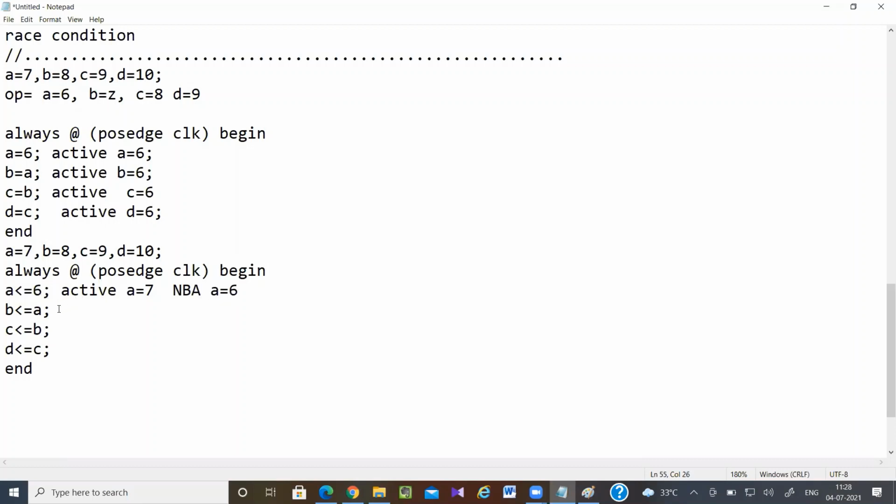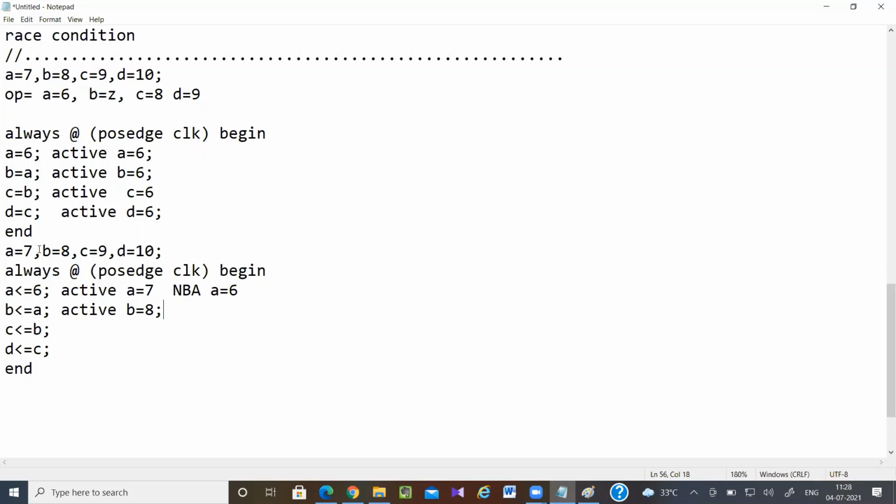So now here B value equal to A. So in the active region, what will be B value? 8, ma'am. B value will be equal to 8. Why do you think B value will be equal to 8?